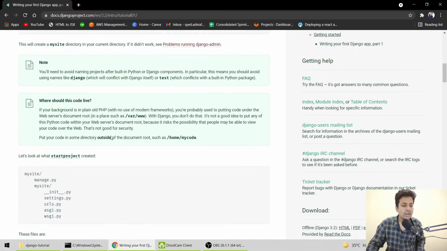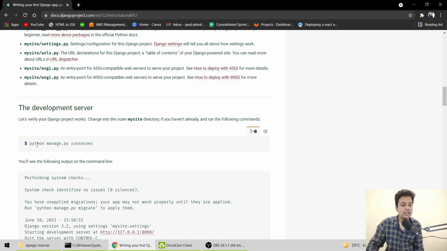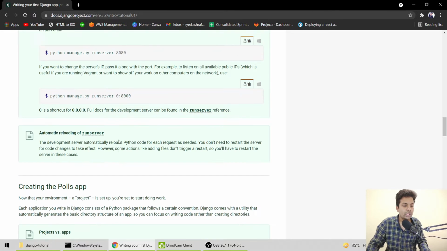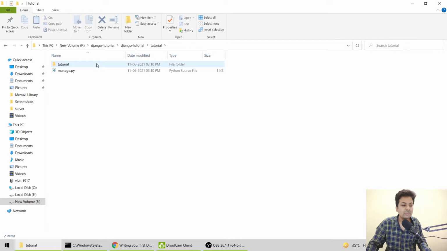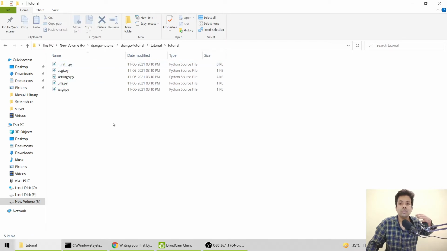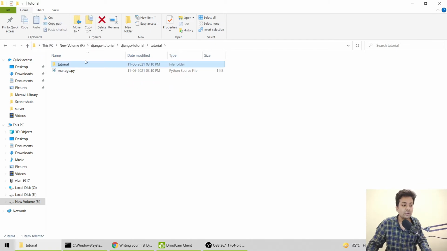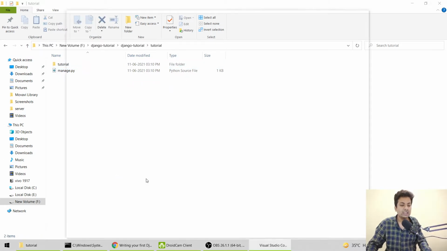If you come here, you can see for running, python manage.py runserver, as you already know. And when you come here, you can see people do python manage.py startapp post. Inside that they make apps and start the project. It's not necessary. If you have multiple projects or multiple apps, then you can, otherwise you can just work in these files only. See, tutorial folder only, you don't need to start an extra app that will create more files and you'll get confused. So these are the files that got created. Now I'll just open with code.